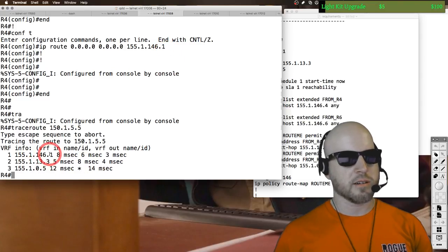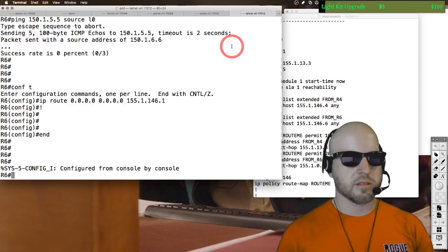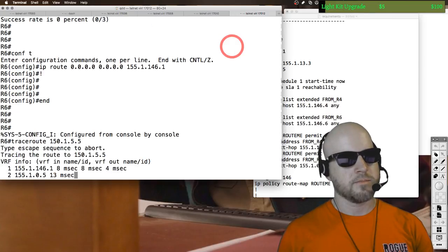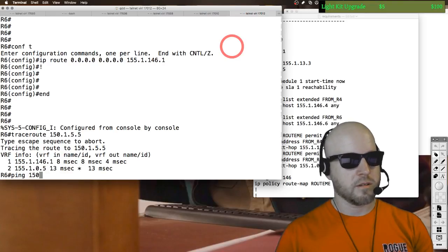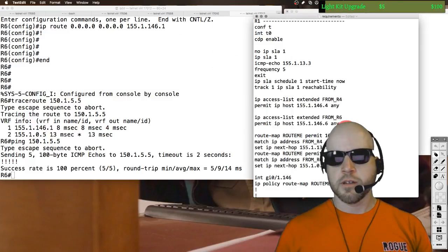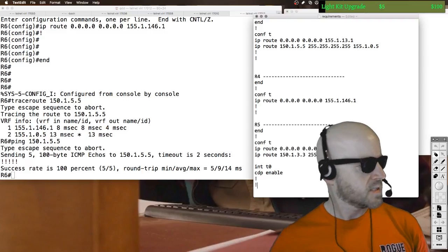Yeah, that's correct. And from router 6. Good deal. Yeah. All right, so this all worked. This is basically the last lab we did, but